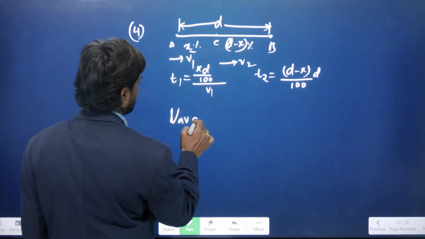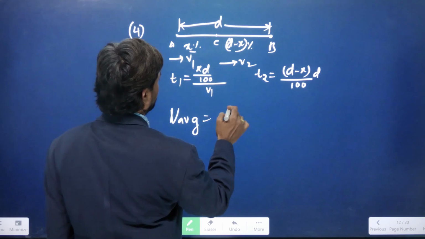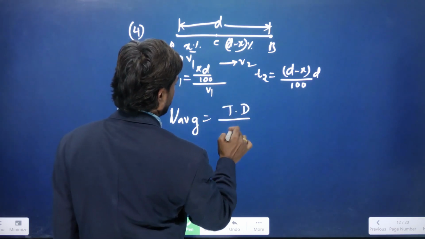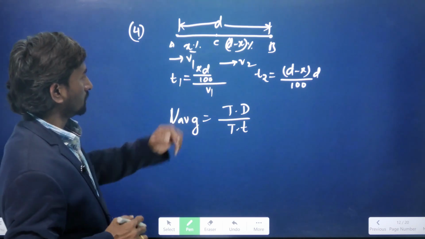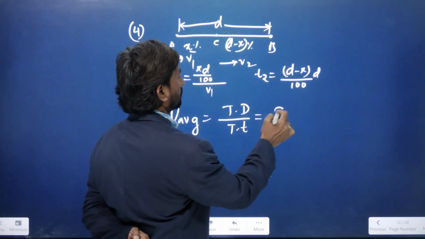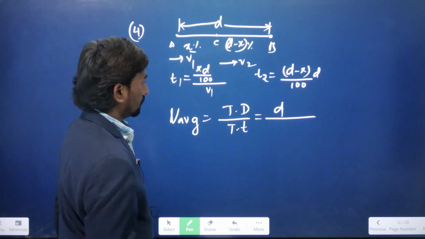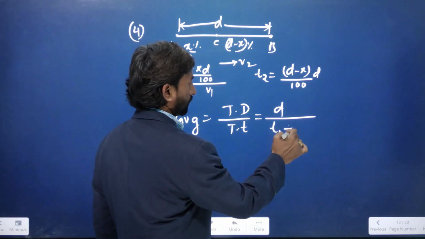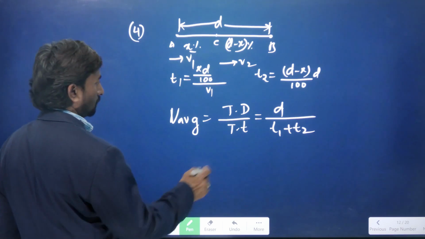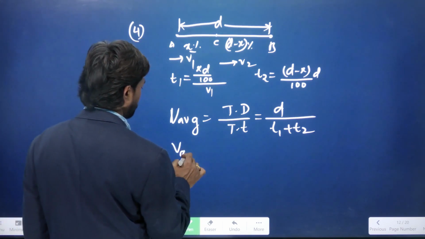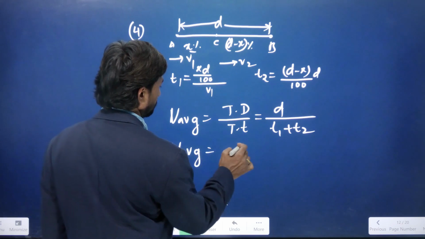So V average is equal to total distance by total time. What is the total distance here? Total distance is d, and total time is t1 plus t2. So then what can we write here? Average speed is equal to d divided by